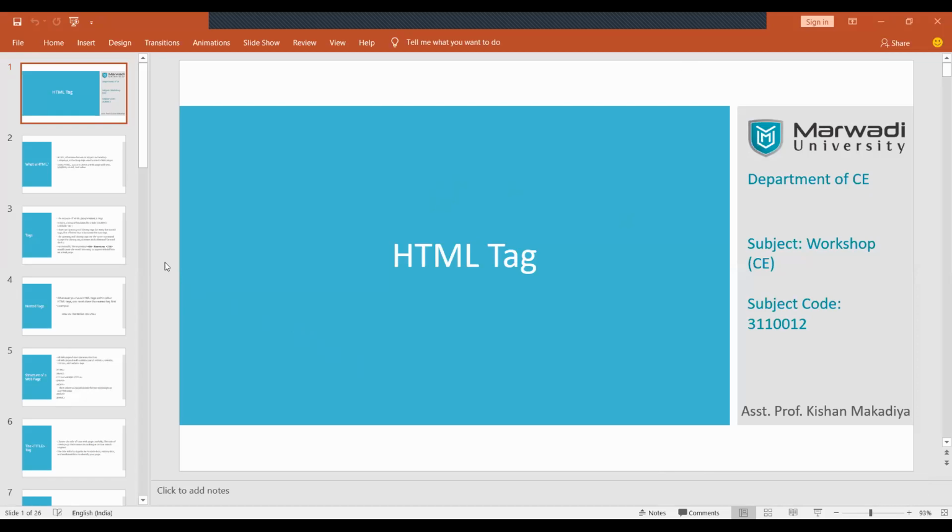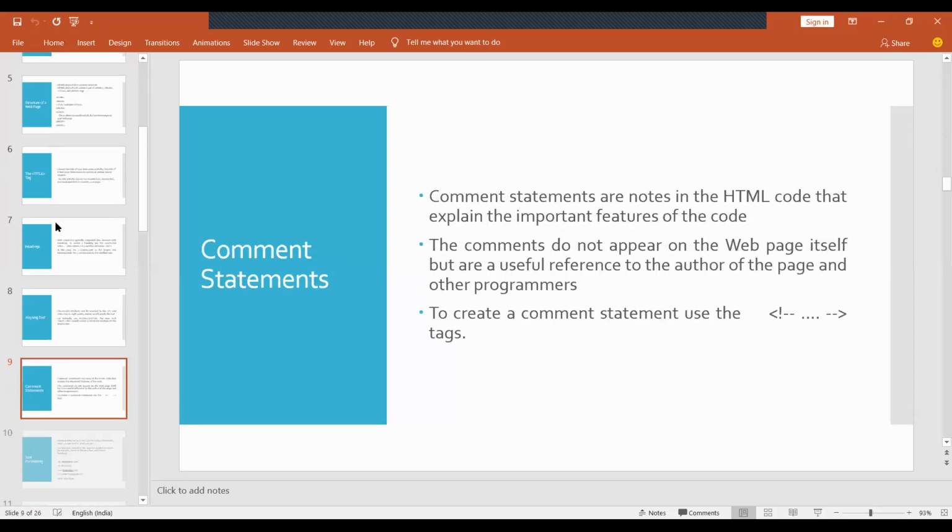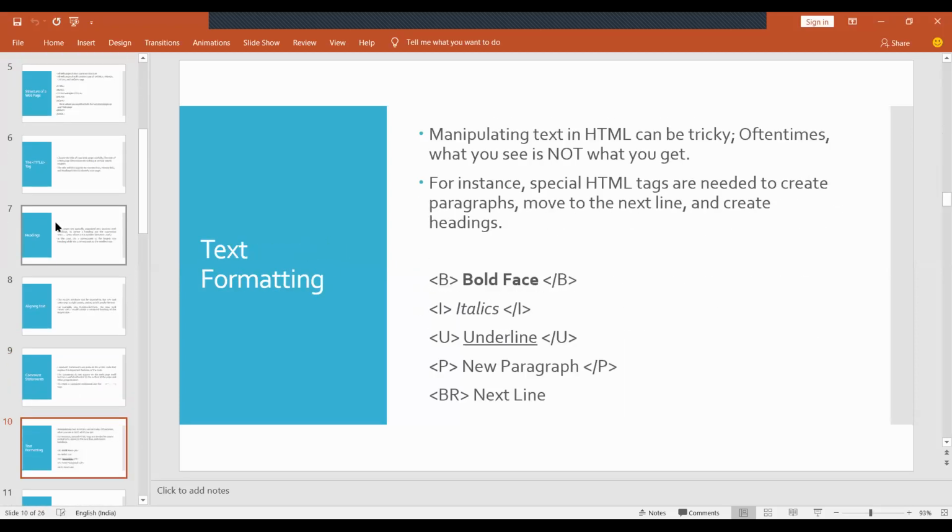So let's quickly start a revision of the last lab session. In the last lab we went through text formatting, where we learned the B tag, the meaning of the B tag, which represents the font in bold.